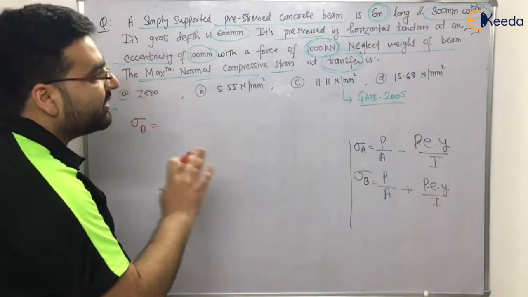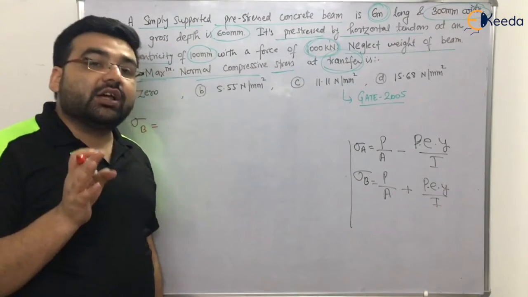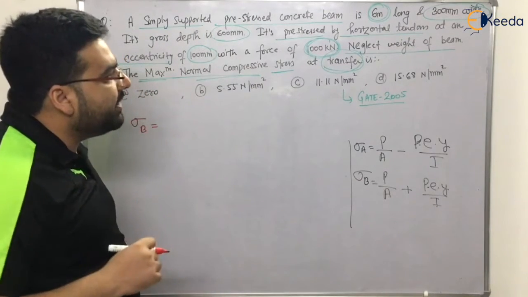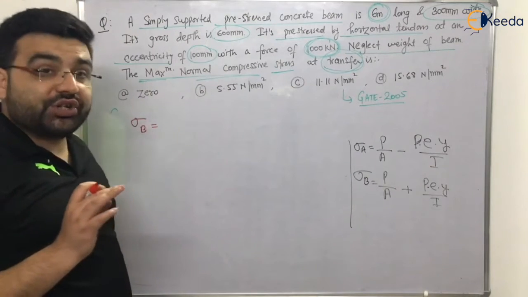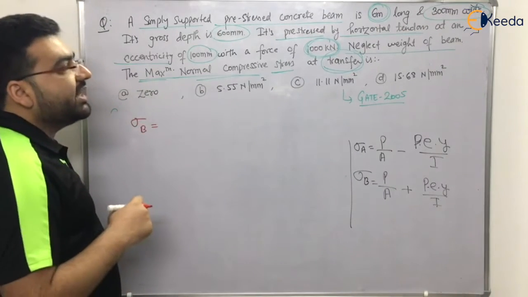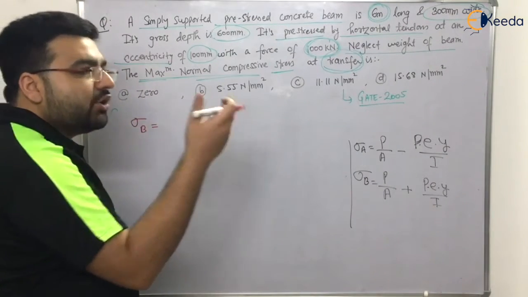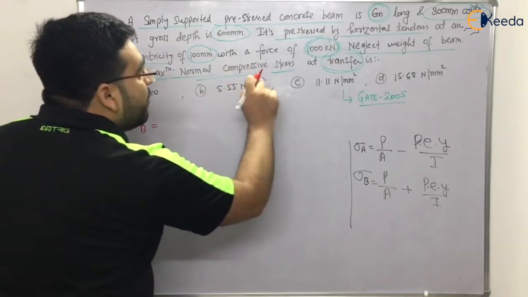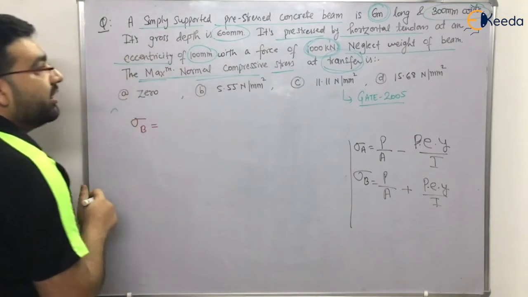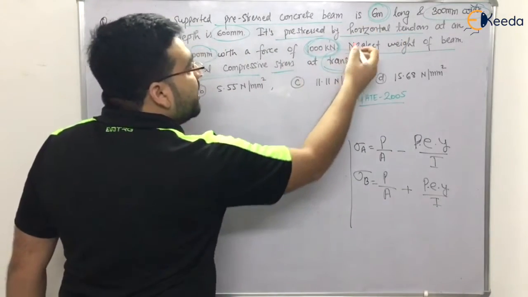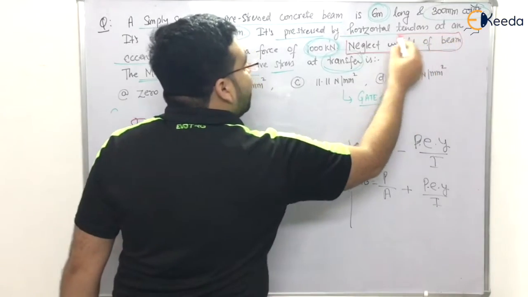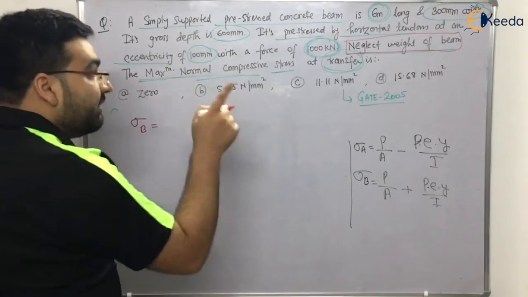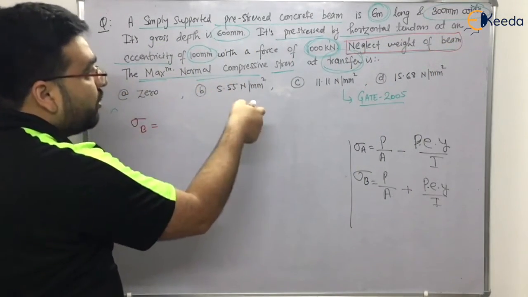In 2019 it was an easy exam, an easy question paper. In 2020 they asked very simple questions, but in subsequent GATE examinations, they might not ask straightforward questions. So I will tell you what can be the modifications in this numerical. The first modification I have already told you: they can say do not neglect the self weight of the beam. There can be one more modification in this numerical.